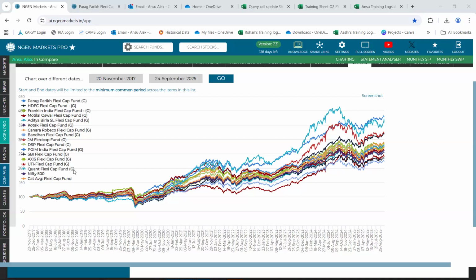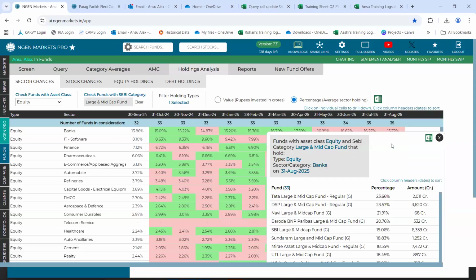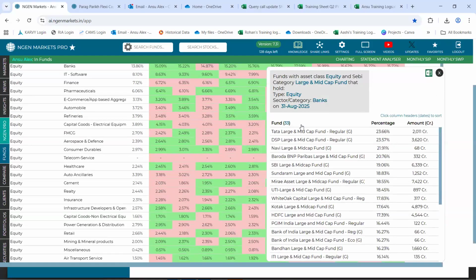In the fund section, as such, you will not have an option to create a dashboard. As I highlighted, you can sort it basis a specific SEBI category. This option is available. For a respective category, you could view their sectoral allocations and how they have changed on a month-on-month basis. Clicking on the tile, it can tell you for each category how the allocation has gone to every sector.